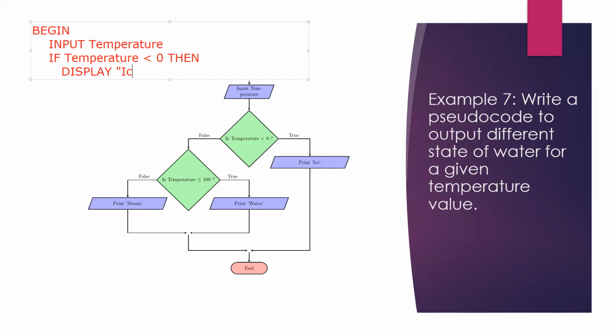It's a message, so I put double quotes. And then else part, after else, you have another selection, isn't it? So that means you need another if. So we can say if, this time temperature less than or equal to 100, then yes, we can say display water,